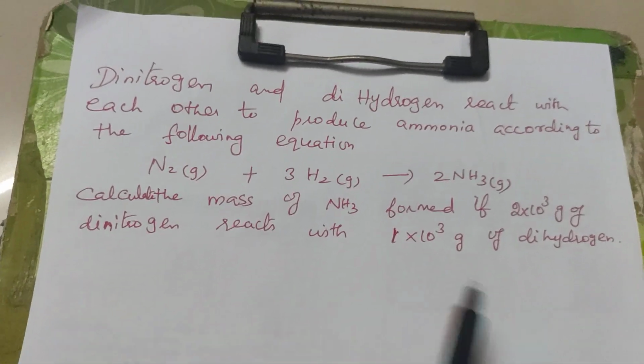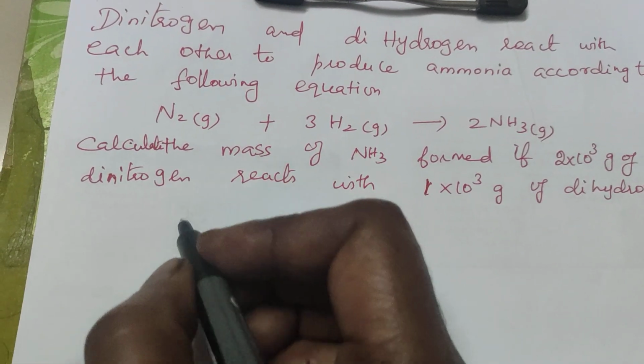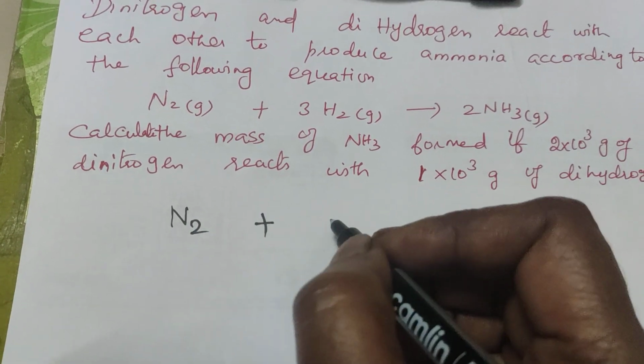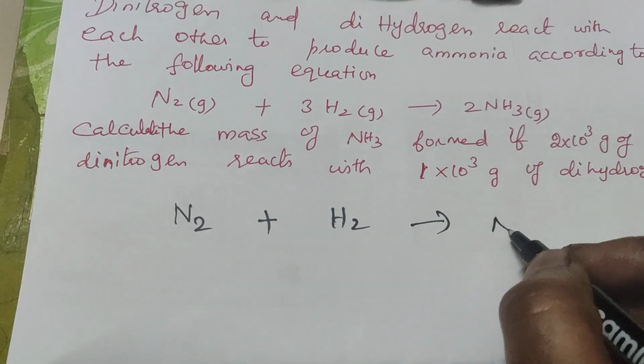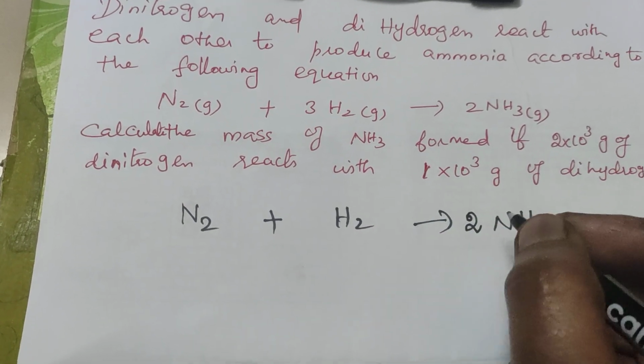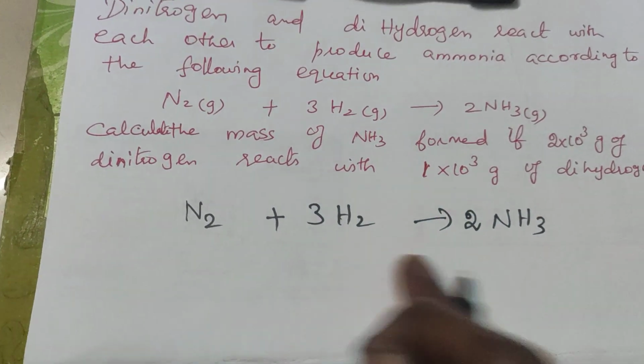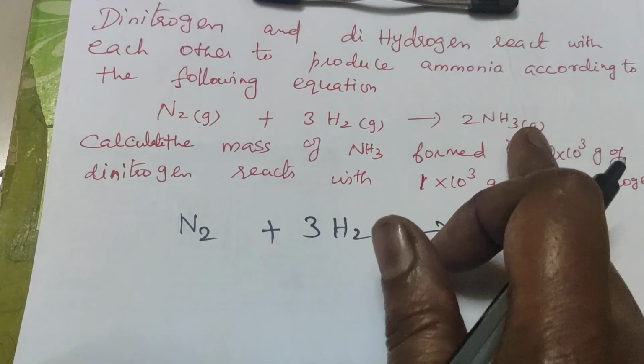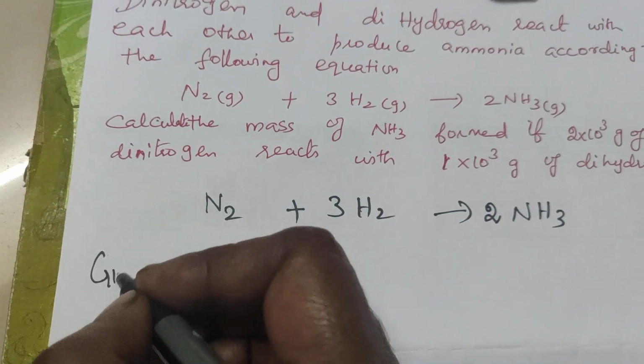Okay, so here in this question, nitrogen reacts with hydrogen to form ammonia. Dinitrogen is nothing but N2. We'll make it a stoichiometric equation, that is a balanced one, right? So it is already given in the question. And one more data which is given is,